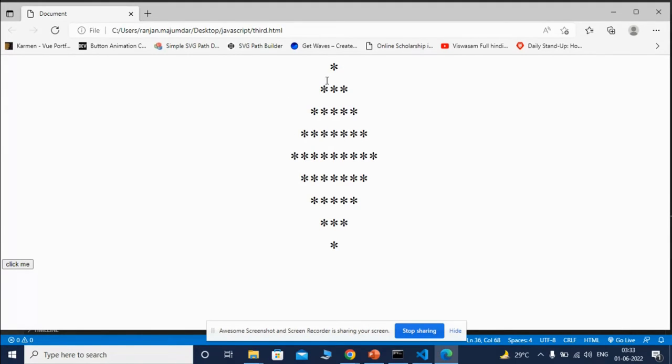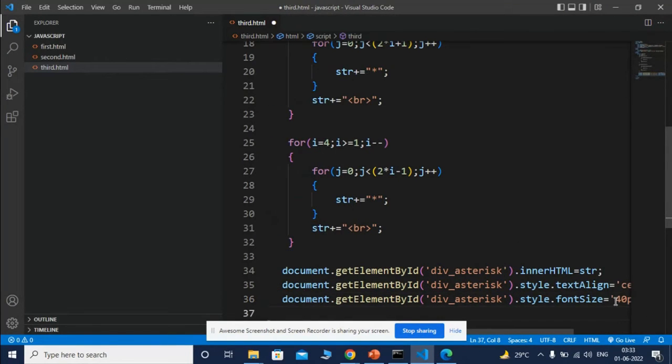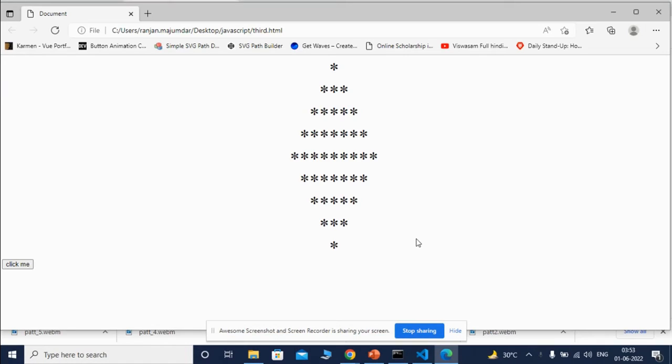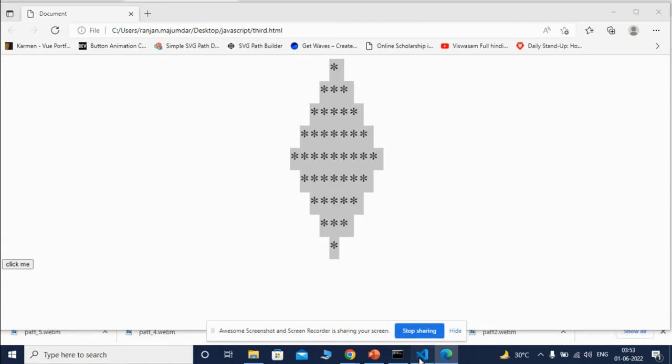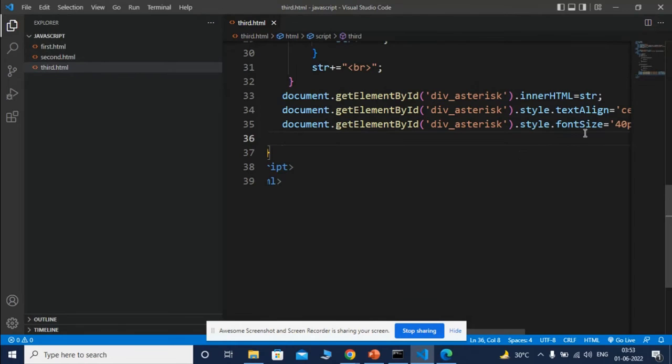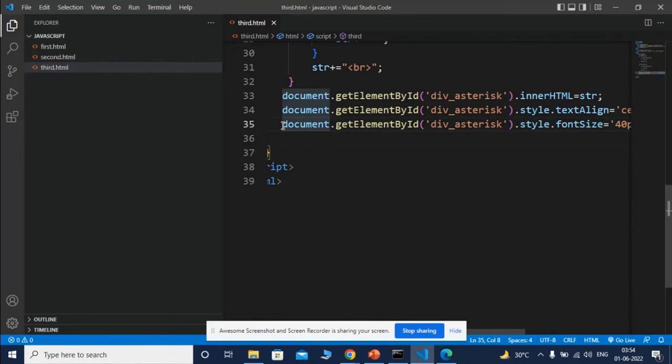Saving it, refreshing the web page, click the button. Okay, now it is horizontally centered, but it is not vertically middle. So how can you set this pattern into the vertical middle? According to the output, you will assume that it is horizontally centered, but actually this is not centered. I have set the textAlign property as center, so you see, it is neither properly horizontally centered nor vertically middle. So I have to set the pattern as horizontally centered and vertically middle. How can I set it? I am copying this